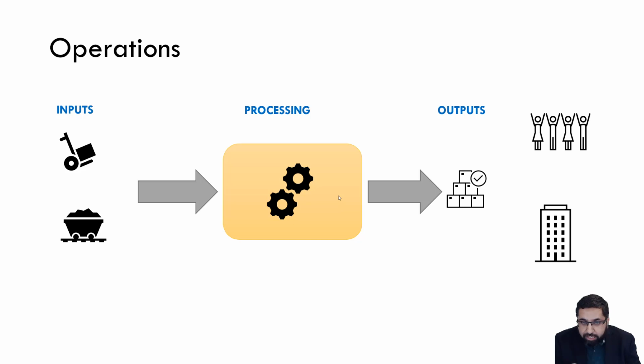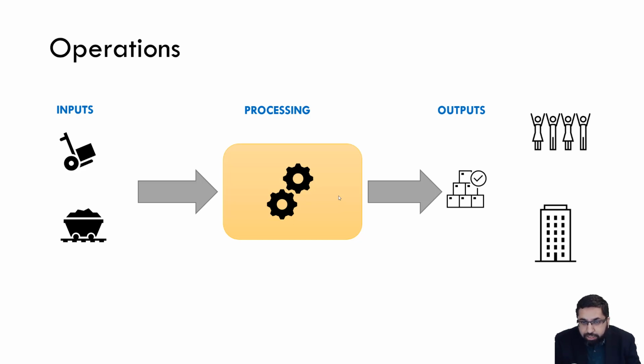Now, if you are managing this operation, what would be important for you with regards to the inputs? Well, you would want the inputs to be of reasonable quality or high quality so that your product does not suffer. You would want to buy the inputs from a supplier that delivers on time. All of those things are part of operations management. So, for example, you'll study quality. You'll study inventory management, which will link to ordering from the suppliers.